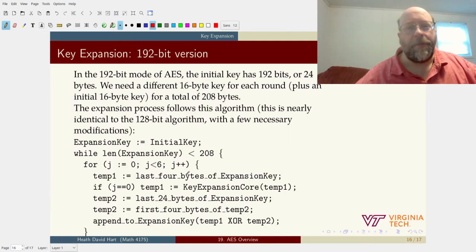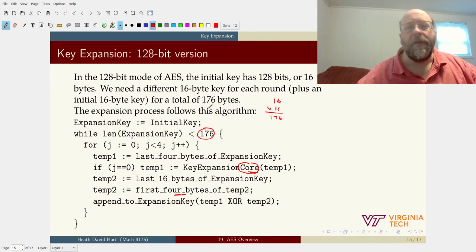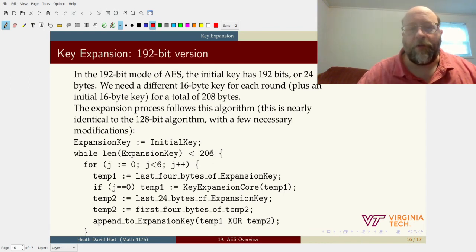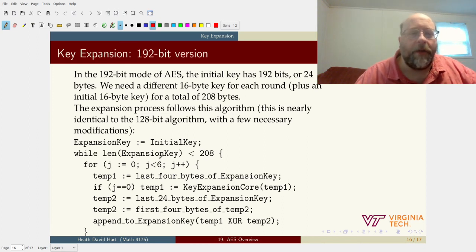So in the 192-bit mode, everything works the same way, except that we just have to change some numbers now. So we now have to have 208 bytes instead of 176 in order to have a different 16-byte key for all 13 rounds this time. While the expansion key has a length that's shorter than that, we're going to go through 6 steps here where we take the last 4 bytes of the expansion key, apply the core to it, and then take the last